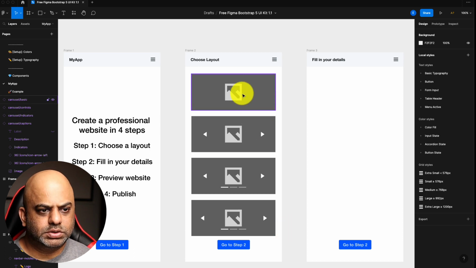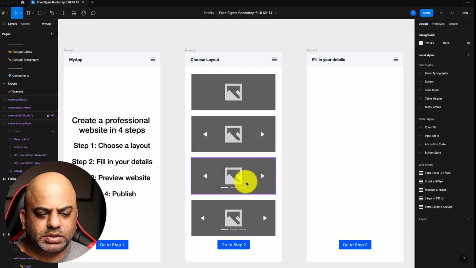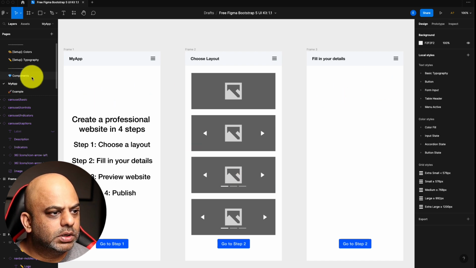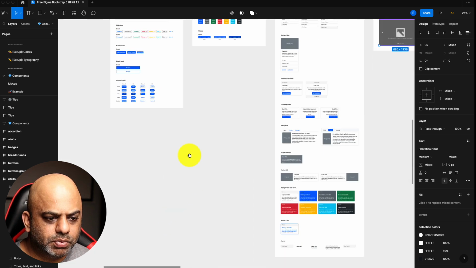Right, so these are supposed to be the different website styles that we are going to propose to the client, to the user. And I'll grab some form inputs here.